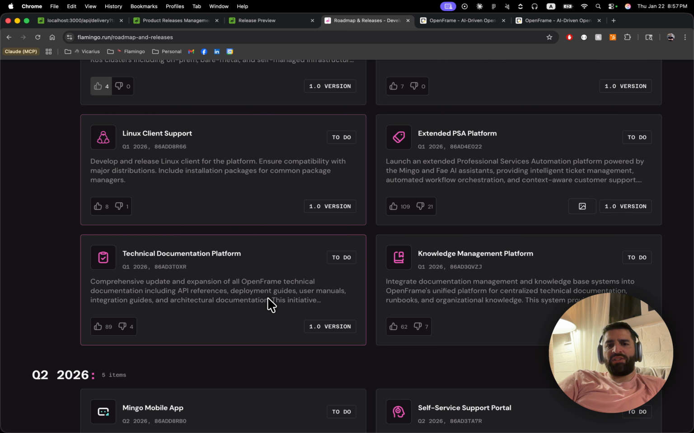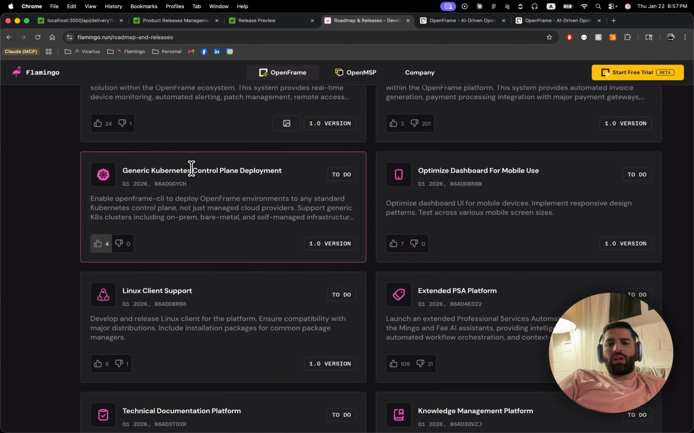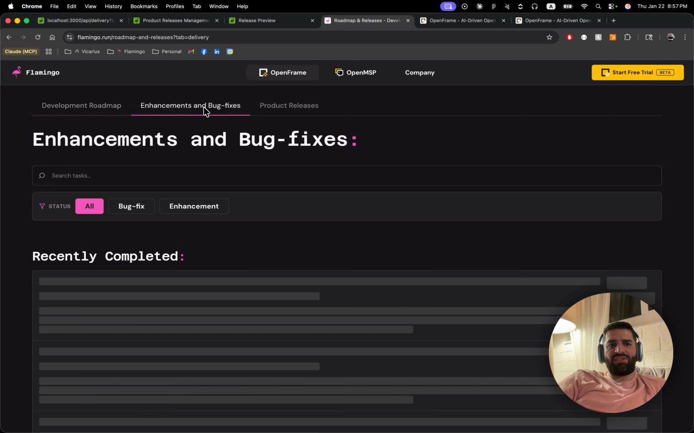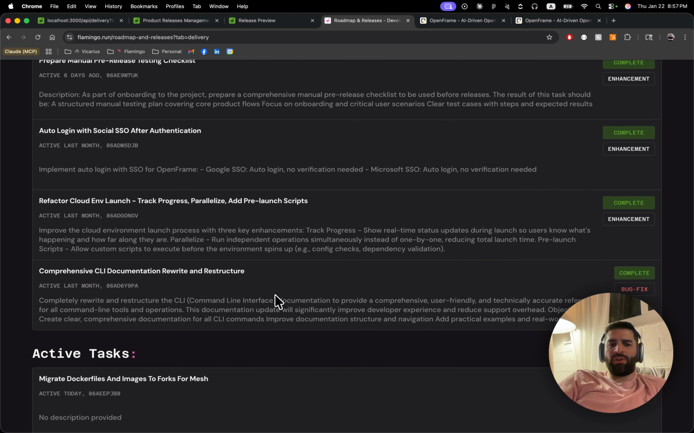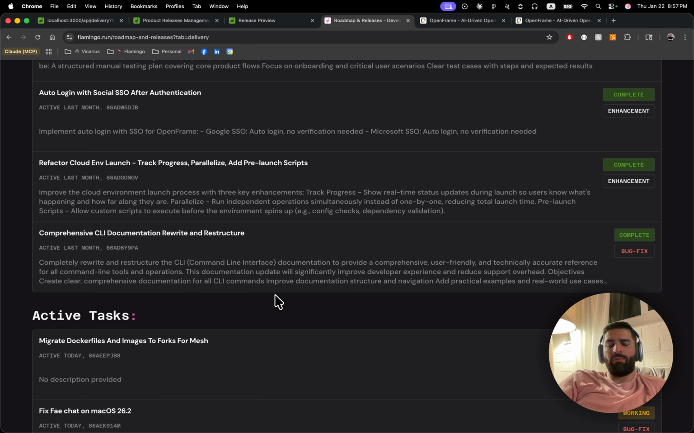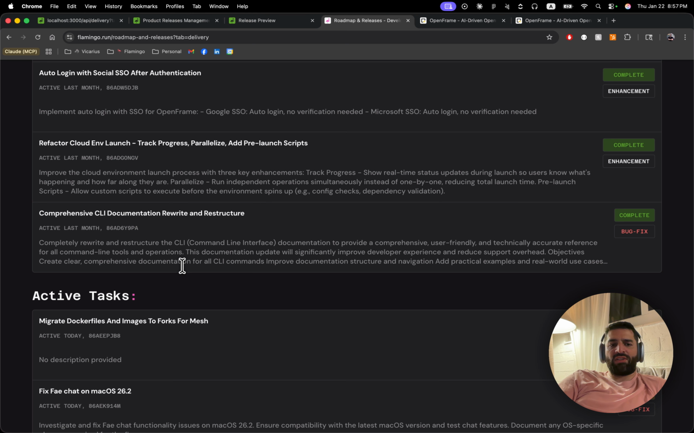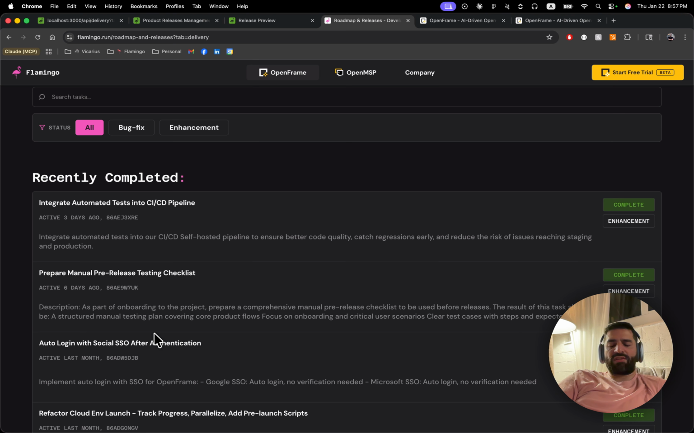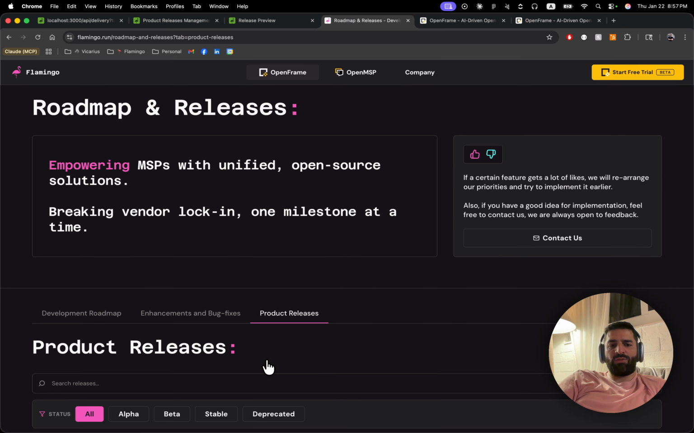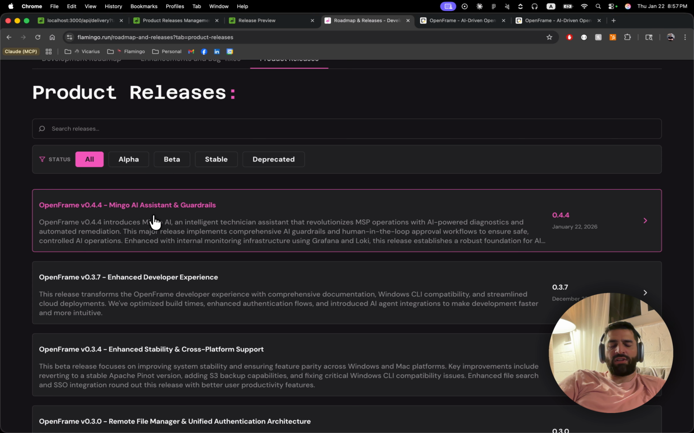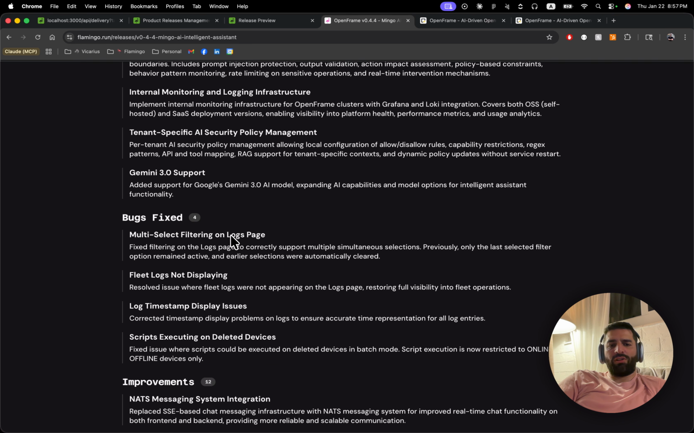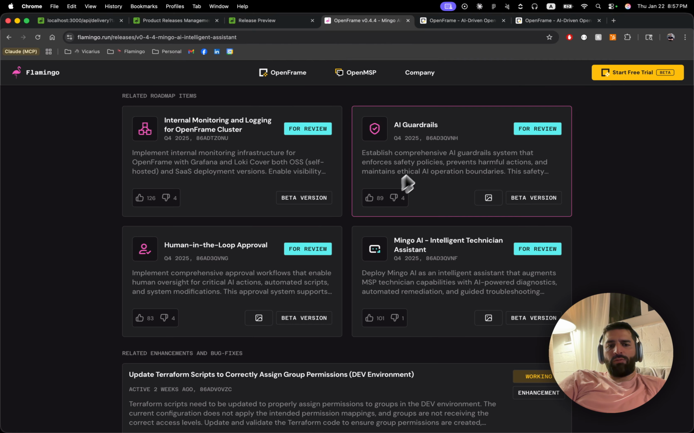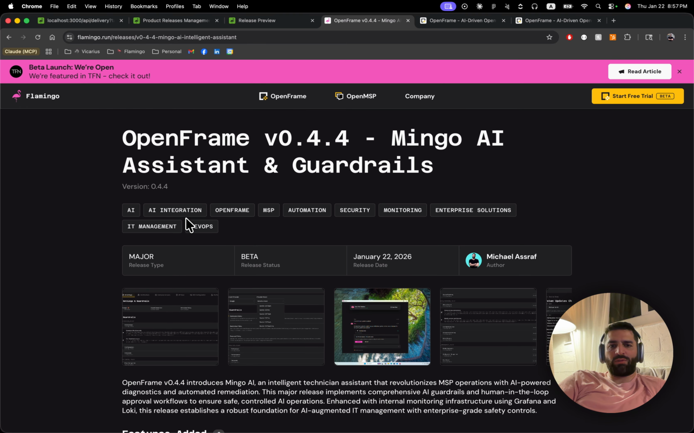I think the major thing for Q1 is that we're going to have a real PSA as part of OpenFrame, and a bunch of it will be open source. Obviously, the AI components won't. You can see here the enhancements and bug fixes. A bunch of you open tickets. Most of the time, I open a ticket on our project management software and send you a link, and you can see exactly what's going on with your tickets. And the last one, which is what I was talking about originally, is the product releases. You can see all the product releases that we had, all the roadmap items, and all the enhancements and bugs that we fixed